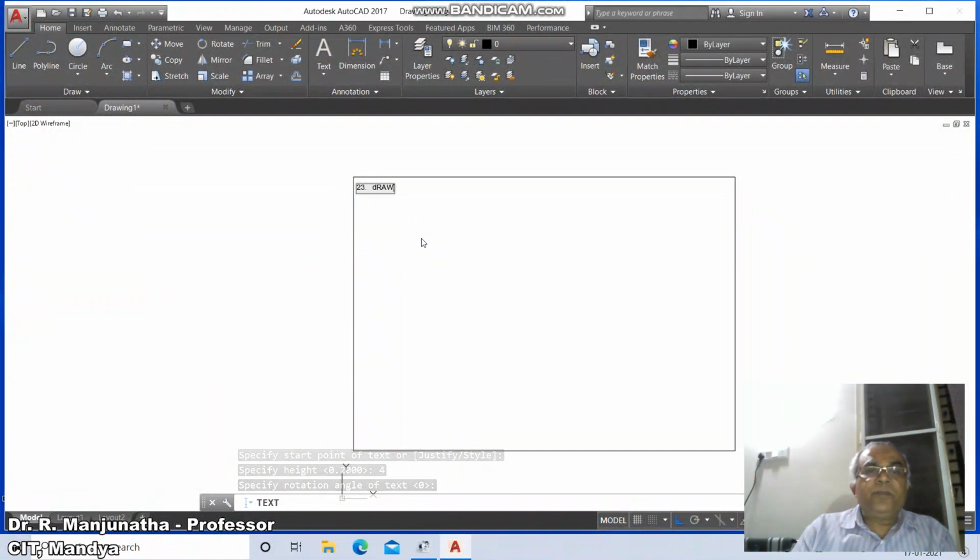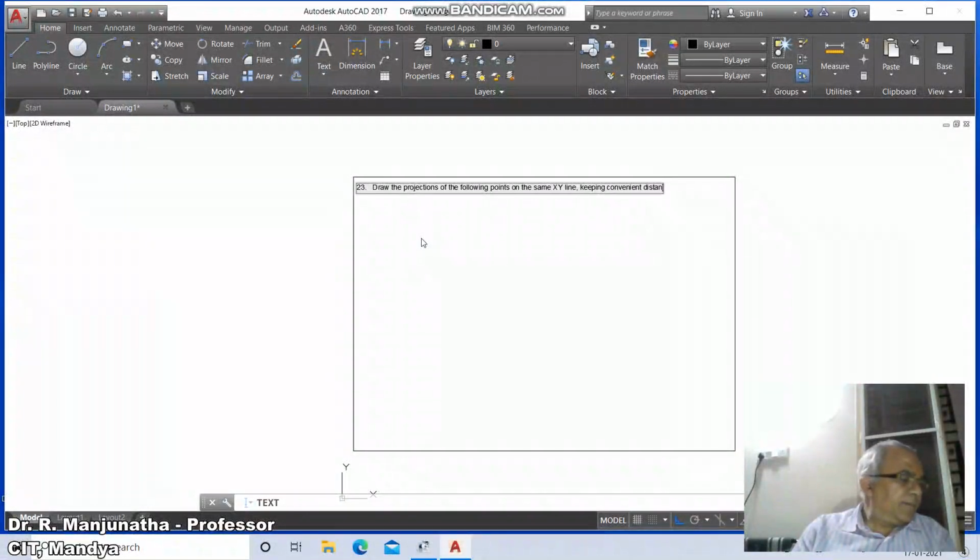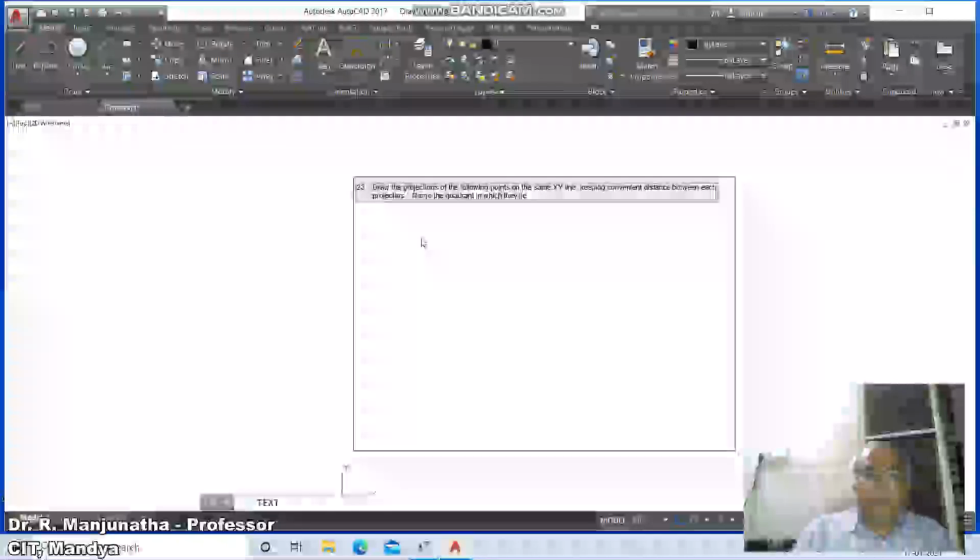So draw the projections of the following points on the same XY line, keeping a convenient distance between the projectors. Name the quadrant in which they lie.